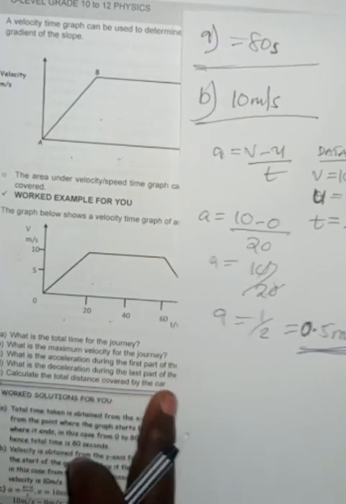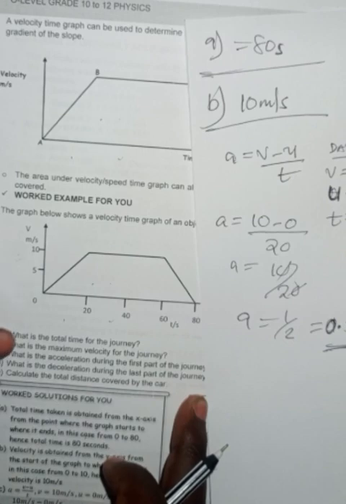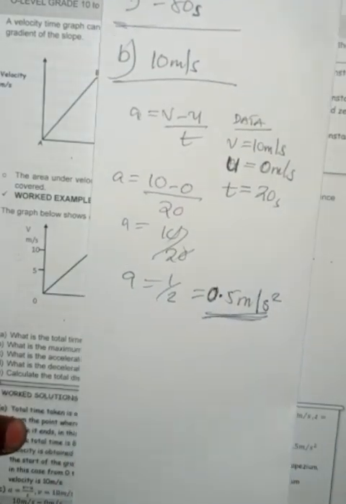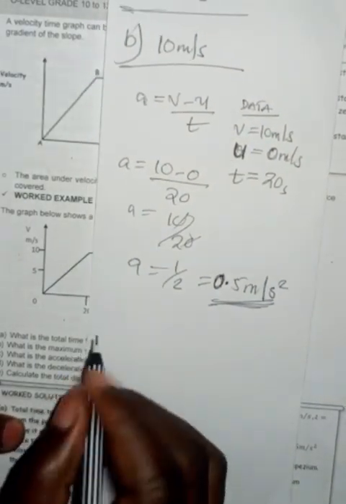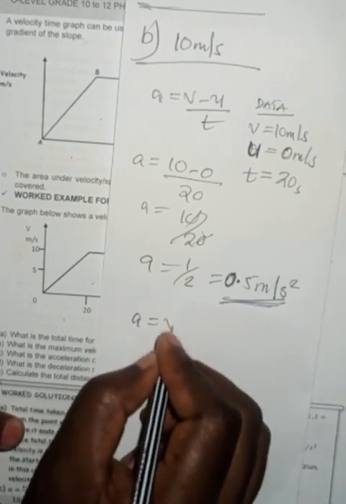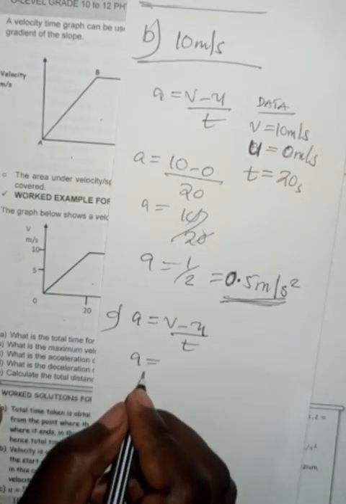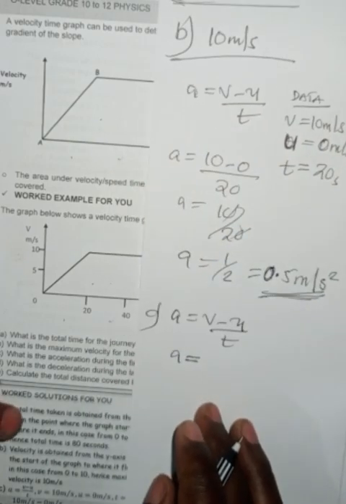C. What is the deceleration during the last part of the journey? Now, deceleration is always negative. It should always give you a negative. We use the same formula for acceleration, which is final velocity minus initial over time taken. So in this case, since we're finding the deceleration, what you're going to have now is a situation where